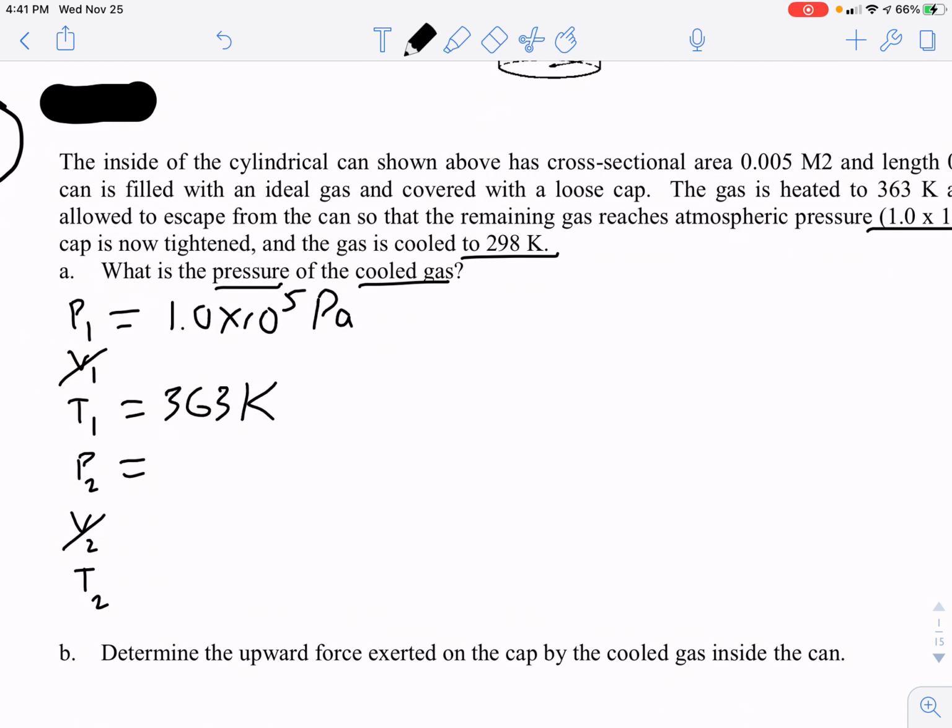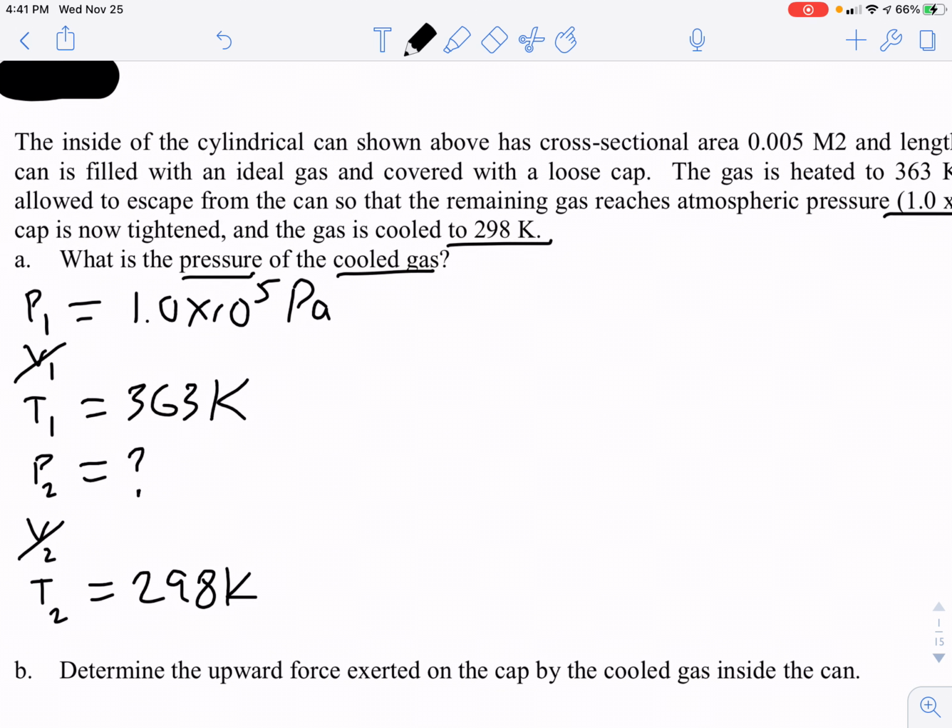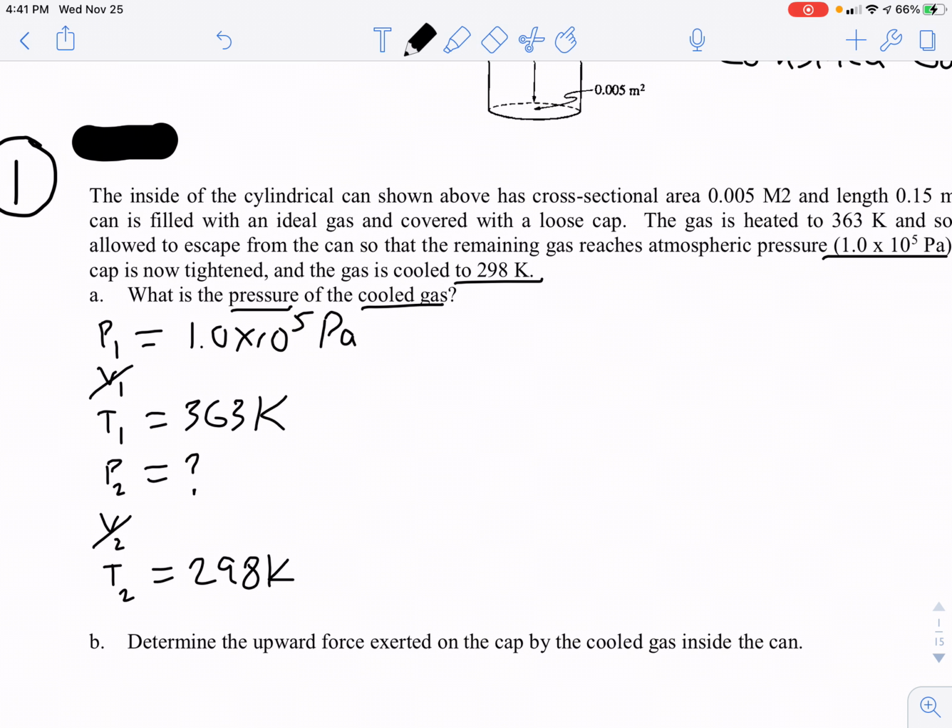What is the pressure of the cooled gas? Well, we don't know. That's what we're looking for. The temperature of the cooled gas, well, the gas was allowed to cool to 298 Kelvin. This is a combined gas law problem because it's ideal gas law at 2 different states of a gas. Pressure, volume, and temperature change. So combined gas law